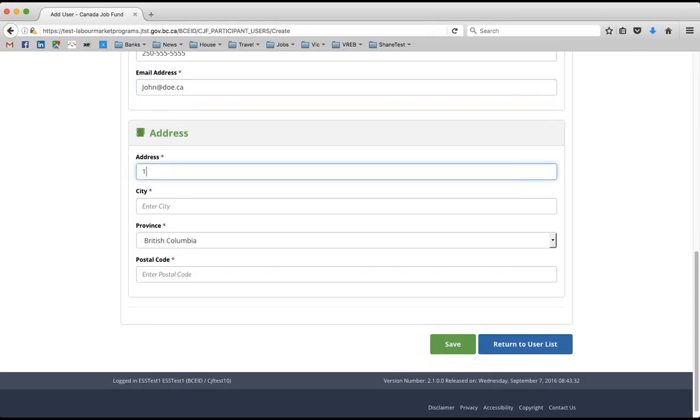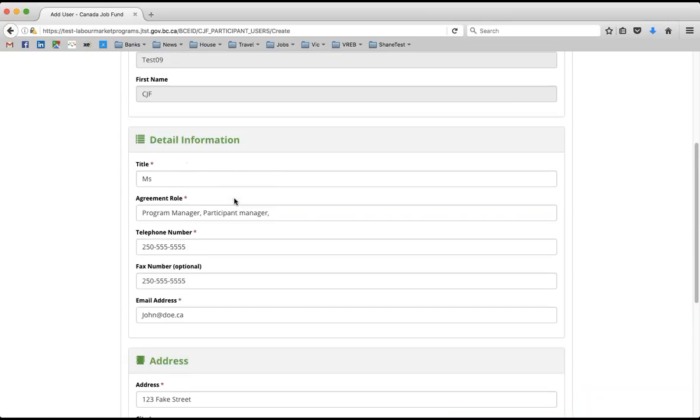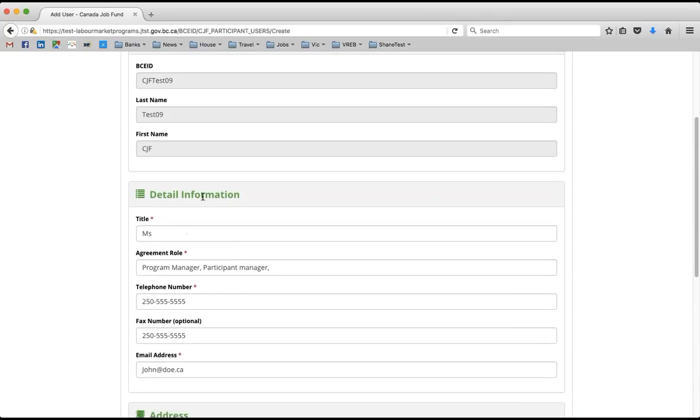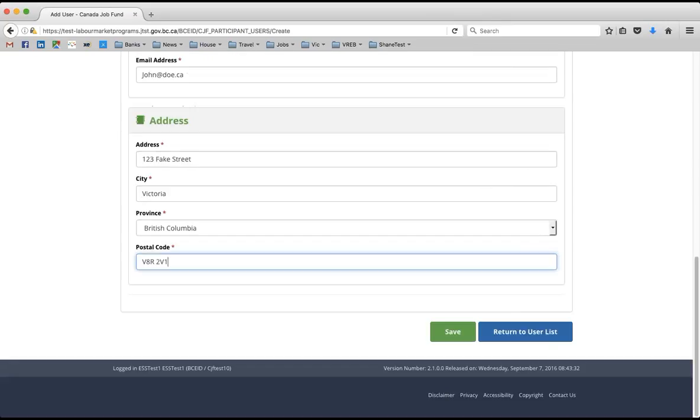And I'm just going to key in the details here. So you need to have everyone's address and telephone number keyed into here, and email. Every field is mandatory, and when you click save,